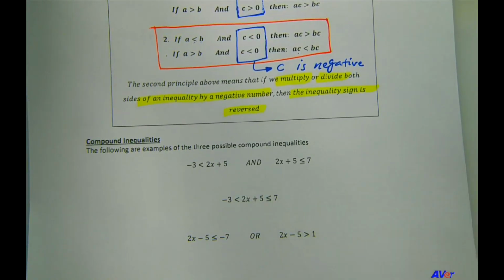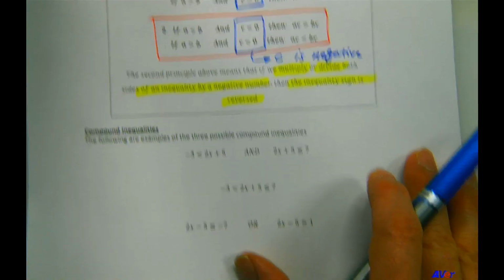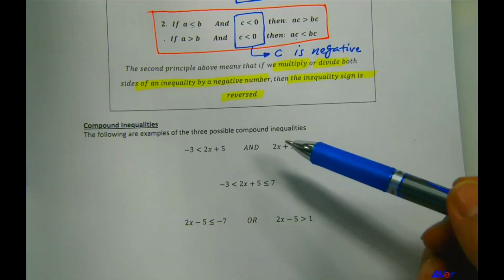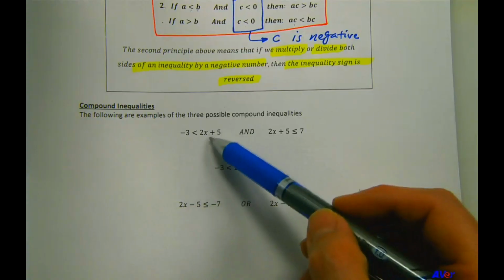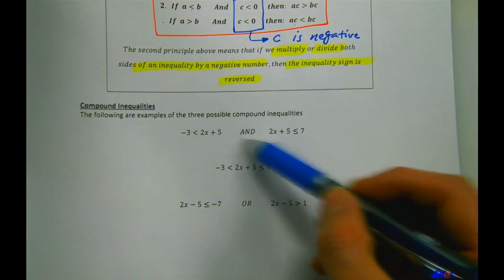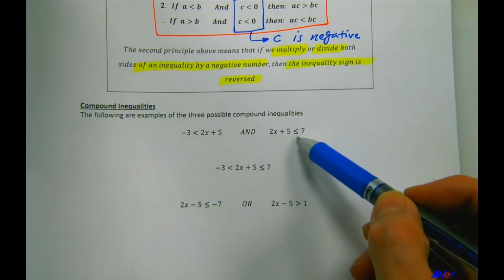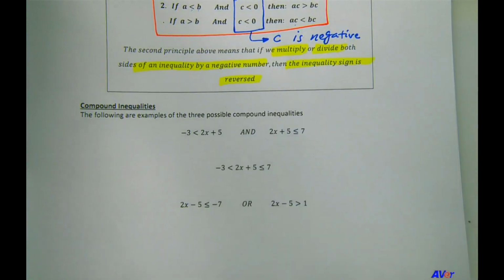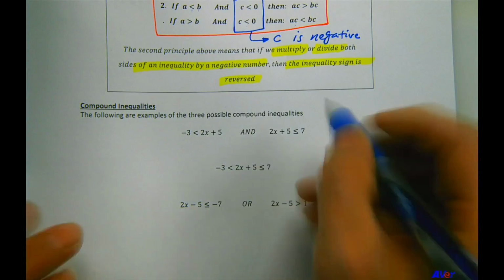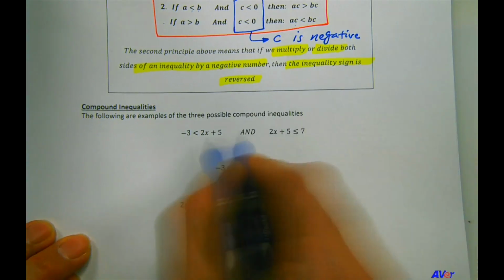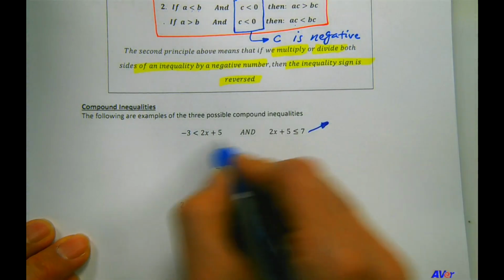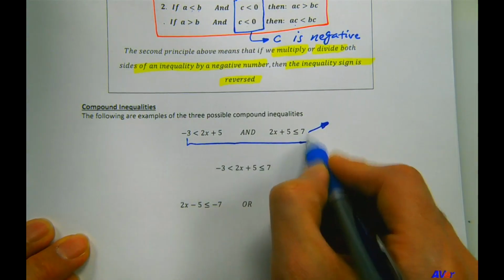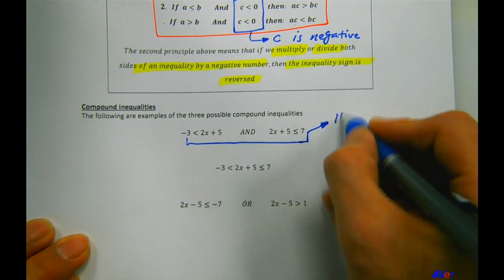So what are compound inequalities? Compound inequalities fall into three categories. You can see all three categories here. You can be given an inequality and then with the word and in between, another inequality. If you have this kind of compound inequality, then the solution of this kind of compound inequality, so all of this, the solution of this